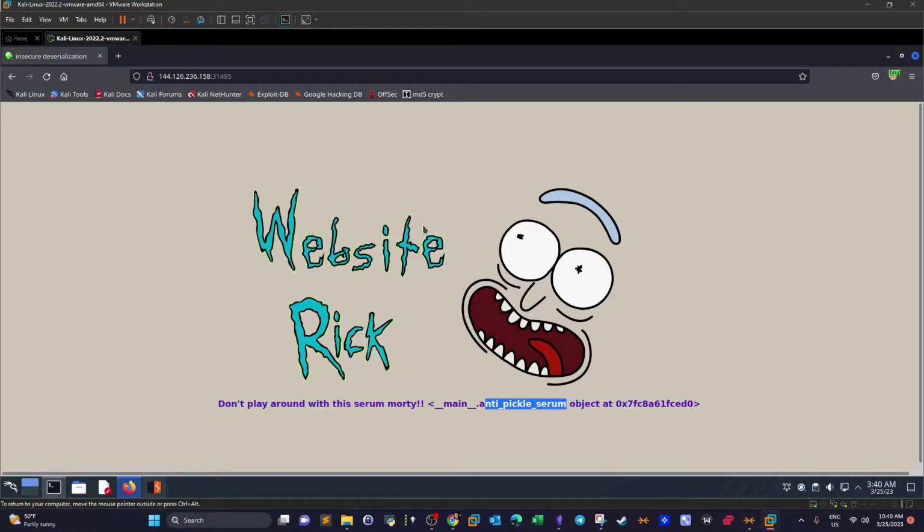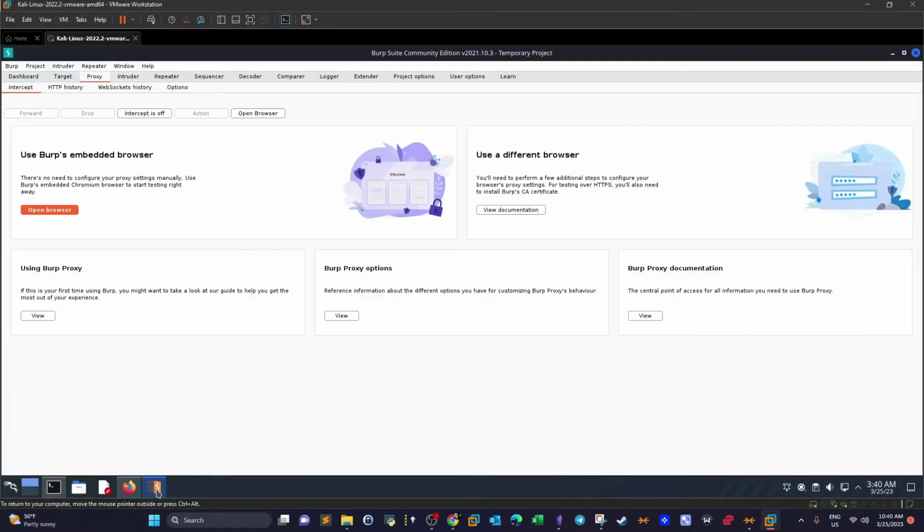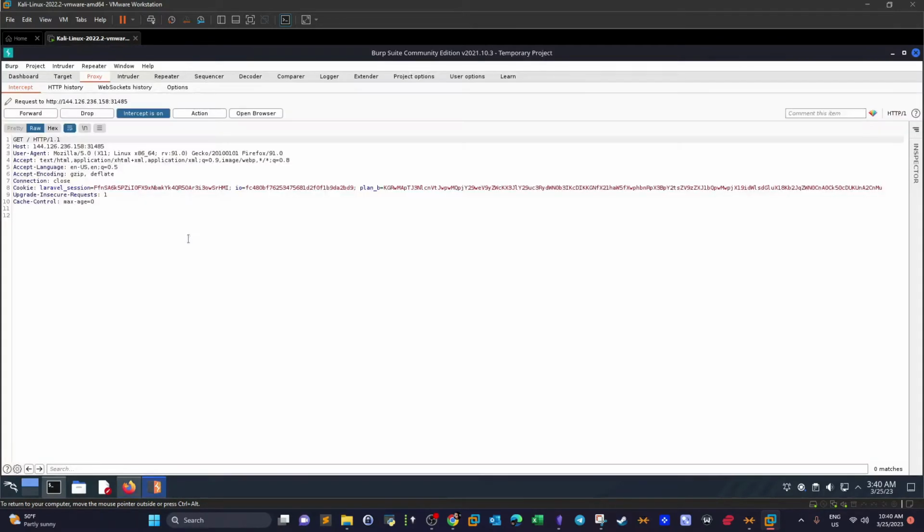Okay, alright, so first we have to find out what the object is that we will need to pickle or unpickle in this challenge. This statement is not sufficient, so we have to find what we actually want to play with. I found that by using Burp Suite, turning intercept on, refreshing the page, and there you go. The only things to play with here are either the Laravel session or the cookie. Most of the time it is the cookie that's the object we want to play with. As you can see, it is base64, so we're going to copy the cookie here,